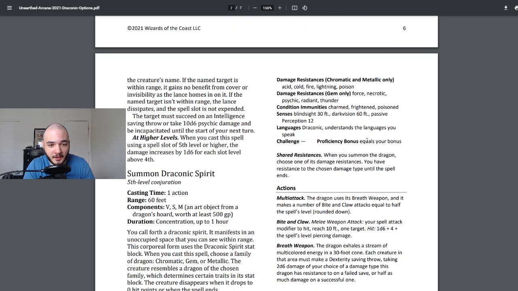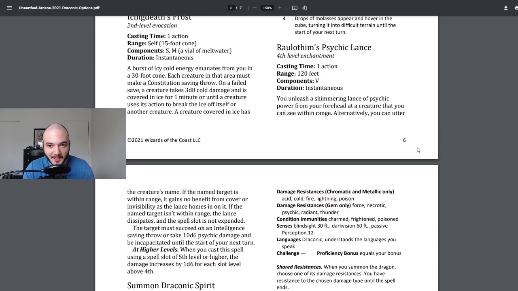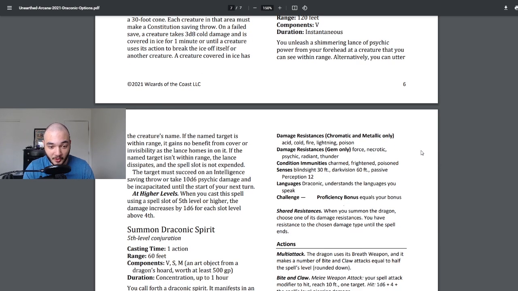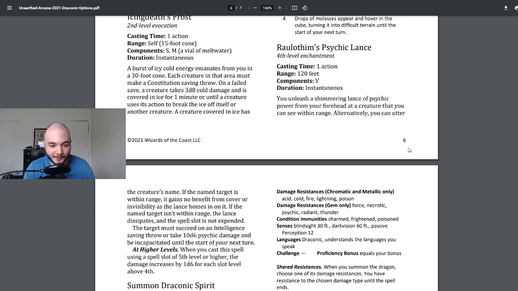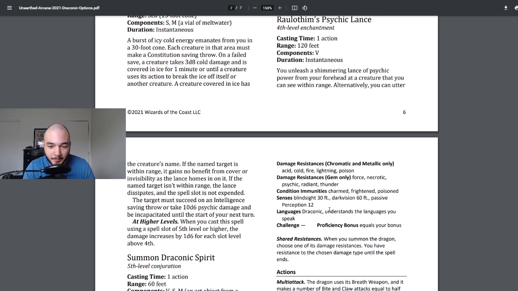The target must succeed on an intelligence saving throw or take 10d6 psychic damage and be incapacitated until the start of your next turn. That is very, very strong. But I don't think it's crazy. It's potent, don't get me wrong. For a 4th level spell, this feels like a 5th level spell to me. If you were to show me this spell, I would guess that it's 5th level, just because of the damage numbers and the fact that it can incapacitate a creature for a whole turn. It feels like a 5th level spell, but the fact that